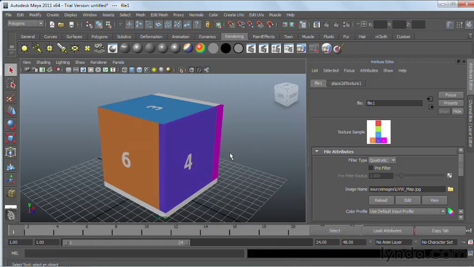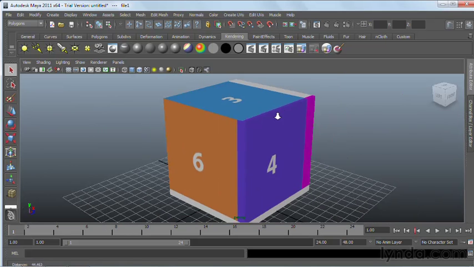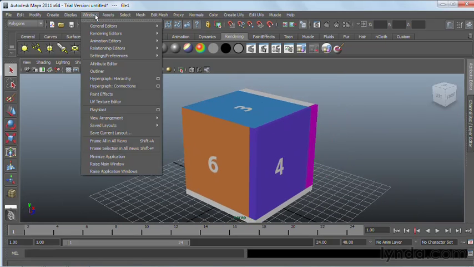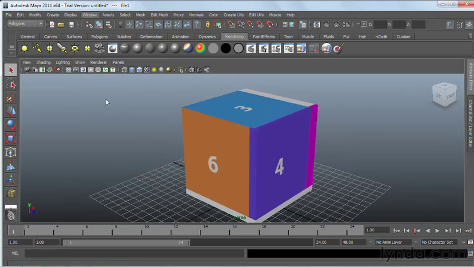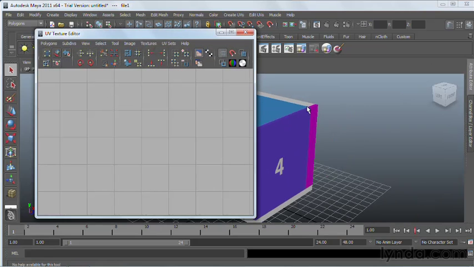And if I wanted to, I could go through and do a planar mapping on each one, but then I'm only planar mapping the entire one. I really need to get down on the pixel by pixel level in this image. I can do that using the UV texture editor. So when I open this up, well, first of all, it comes up blank, but then all I need to